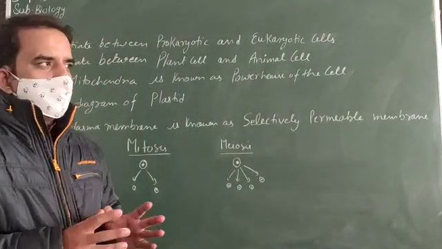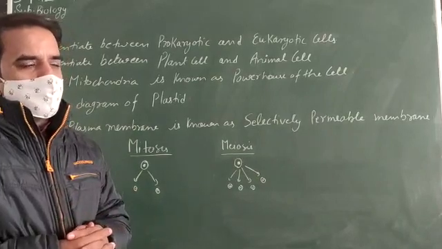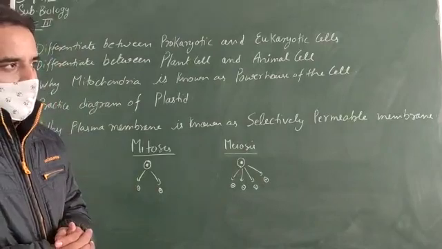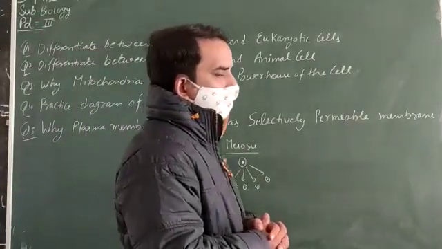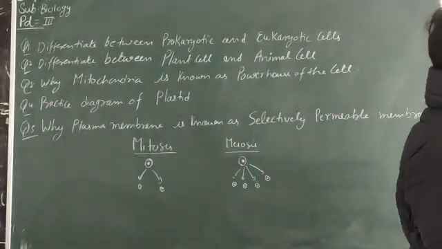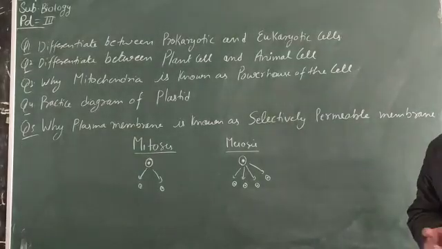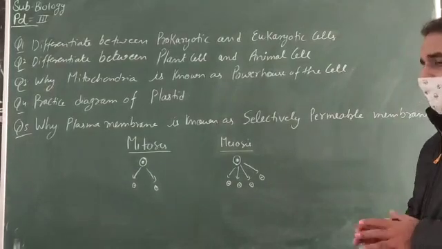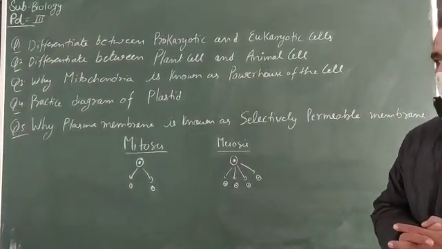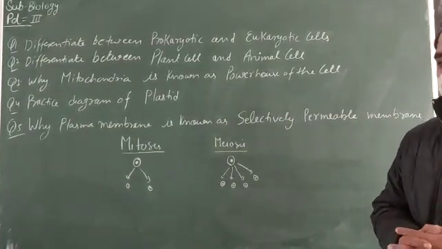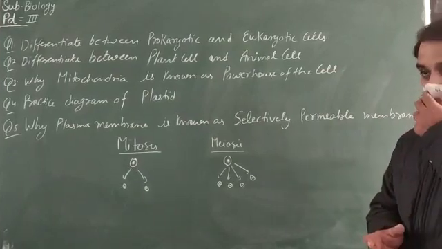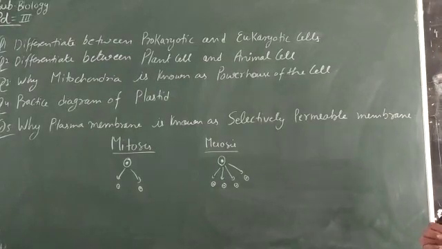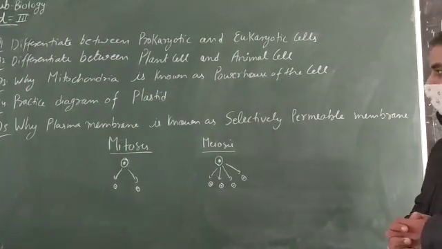Some proteins are present on the surface, they are known as the peripheral or surface proteins. Some are present through the wall, they are known as the integral proteins. Some are attached proteins, and each one has a different function to perform. Some help in cell signaling, some help in the conduction of ions and water. When they are conducting water, they are known as aquaporins in the case of plant cells. So these are the characteristics of the plasma membrane.